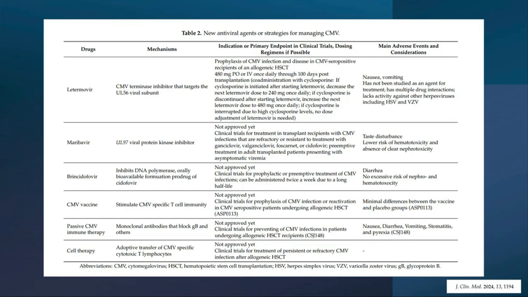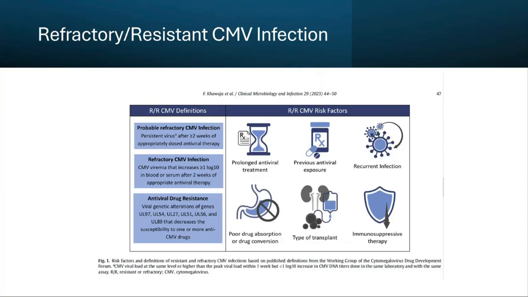Is there actually, I mean, I remember on BMT, it mentioned something about a threshold for which you see that paradoxical increase. Even if it goes beyond that threshold, then you still have to become concerned about resistance testing. Was it like a half log or 1 log up? What was the actual threshold? Yes, that's a good question. You have a question about refractory resistant CMV, right? And when we would be concerned about it.